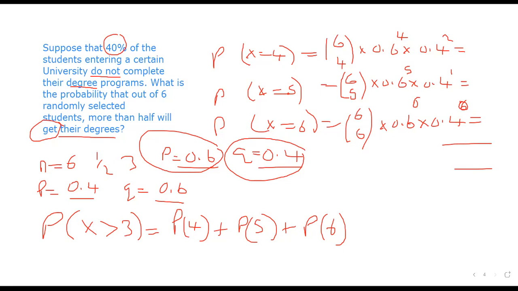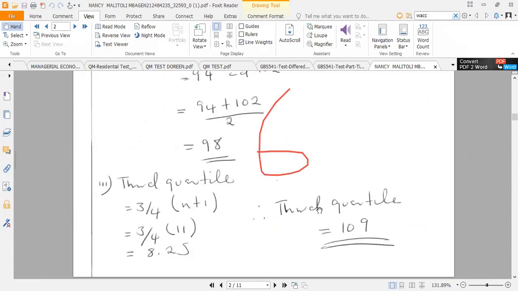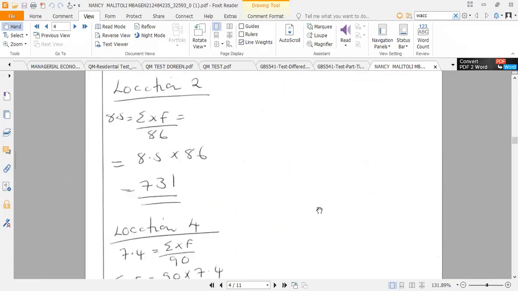Will we still get the same answer if we go by first calculating the probabilities of those who did not get the degrees and subtract that from 1? Yes, we still get the same answer. So if you use the other method, then at the end of the day you need to subtract it from 1. Yes, that's the thing, if you maintain the